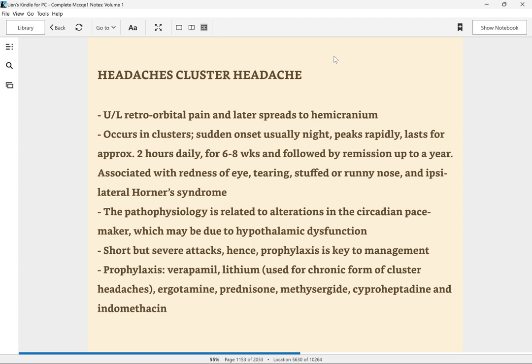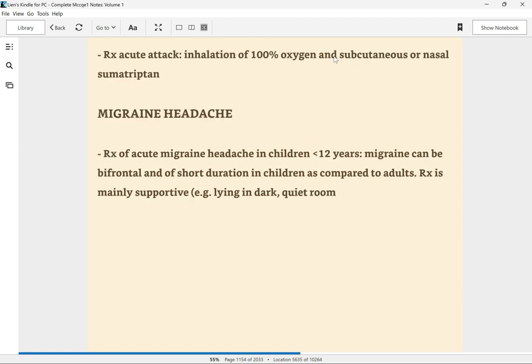Prophylaxis: verapamil, lithium used for the chronic form of cluster headaches, ergotamine, prednisone, methotrexate, cyproheptadine, and indomethacin. Treatment of an acute attack: inhalation of 100% oxygen and subcutaneous or nasal sumatriptan. Migraine headache. Treatment of acute migraine headache in children